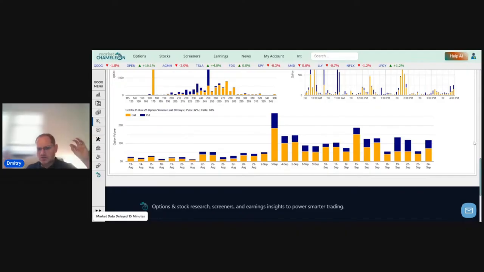So there is something interesting here, where we've seen historical spikes in the trading volume where there could be people positioning themselves in anticipation of something. Could be earnings, it could be some kind of news, but we do see some interest there